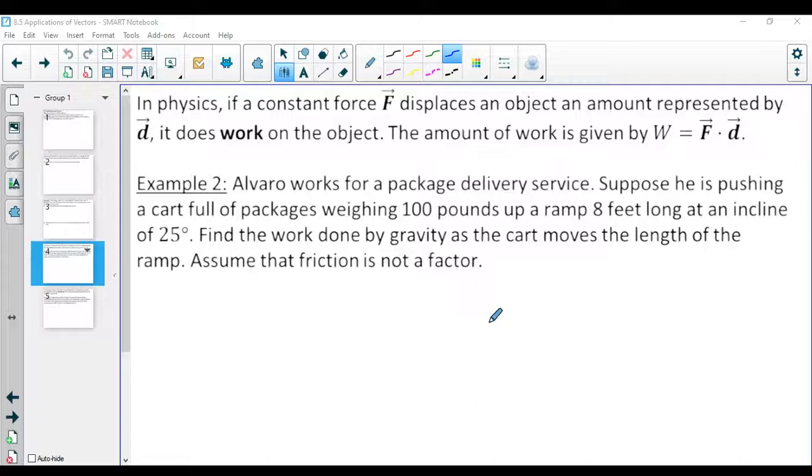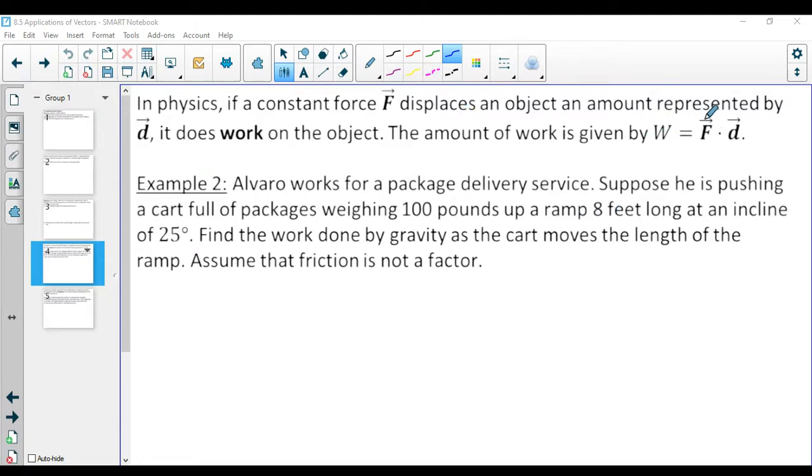If a constant force F, notice we have this arrow on top, meaning it's a vector, right? We have this arrow up top, so the force is a vector, displaces an object by an amount represented by D, it does work on the object. D is also a vector. So D is displacement, kind of like distance traveled, but we're making it a vector, right? And F is a constant force on an object. Doesn't matter what direction, just a constant force. The amount of work is given by